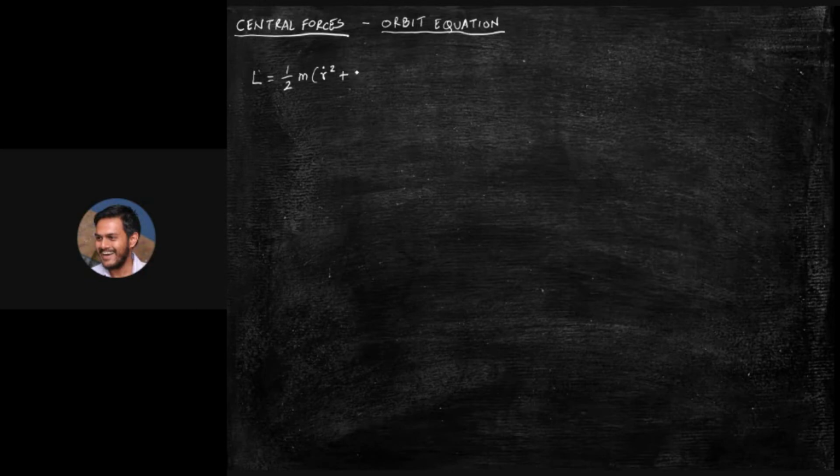We are writing it as m, but basically when you translate it back, this m is nothing but m1 m2 upon m1 plus m2, and that effective mass is moving around a particular center, that is, it is always attracted towards the origin in the coordinate system which we have chosen,